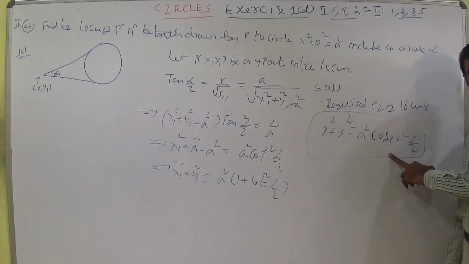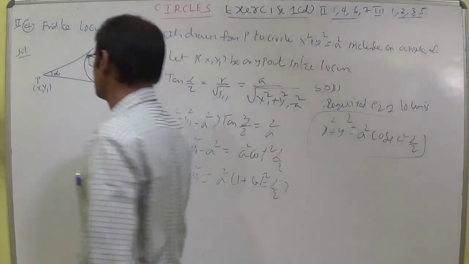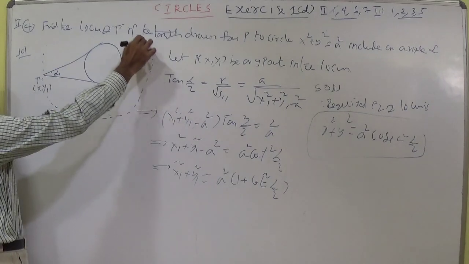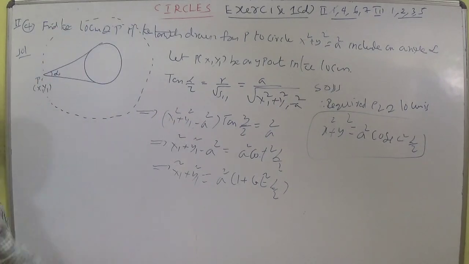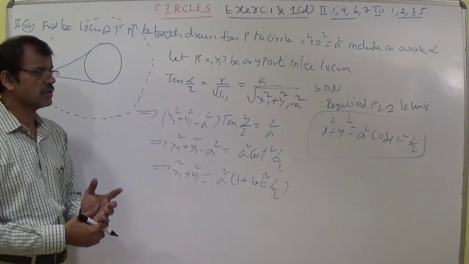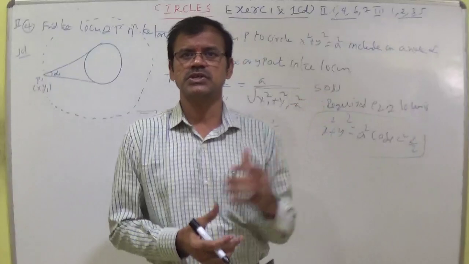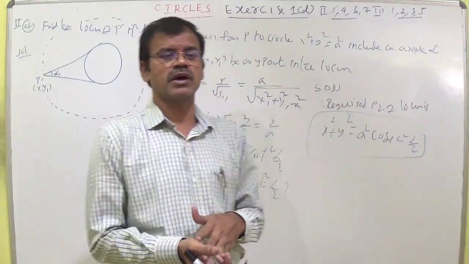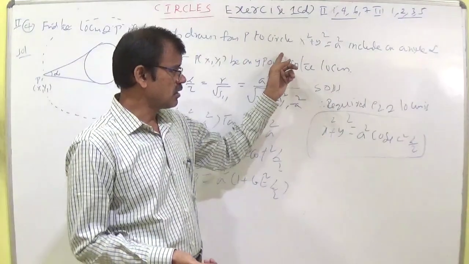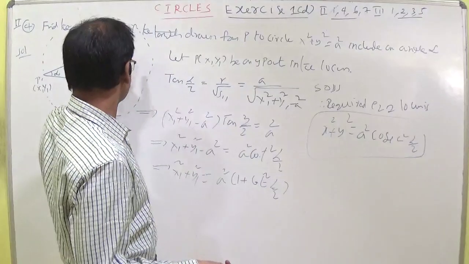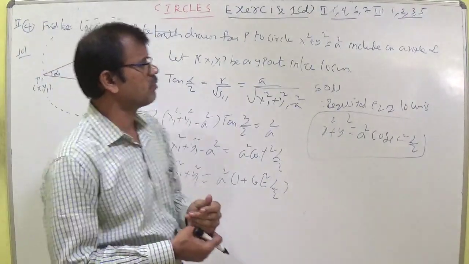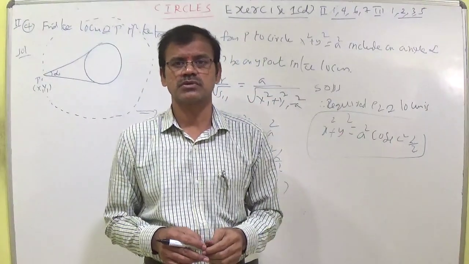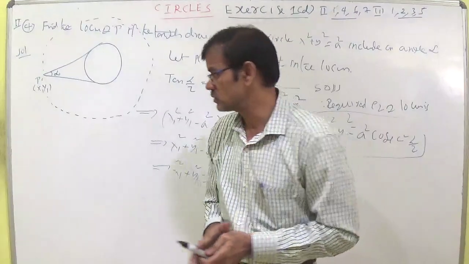Of course, this is a circle, depending upon the alpha value. So you can draw a rough diagram like this, with P (x1, y1). This is also a circle. The locus is the circle x square plus y square equal to a square into cosec square alpha by 2. This is a CUQ 7th question and a level 1 question, and it is in the synopsis also. So remember the formula for the locus of P if the tangents drawn from P to the circle include an angle alpha: x square plus y square equals a square cosec square alpha by 2. Directly I will say it in the objective.